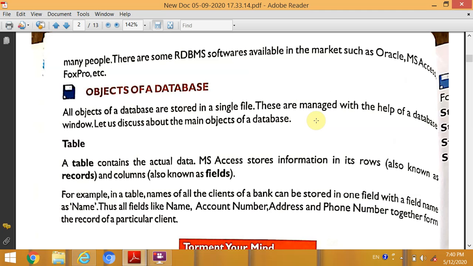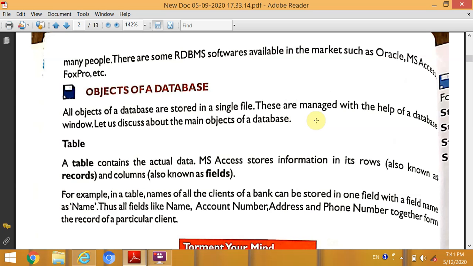A database stores data in an organized way in the form of tables, and the most popular RDBMS software are Oracle, MS Access, FoxPro. In this chapter, we learn about Microsoft Access, and the current topic is objects of a database.